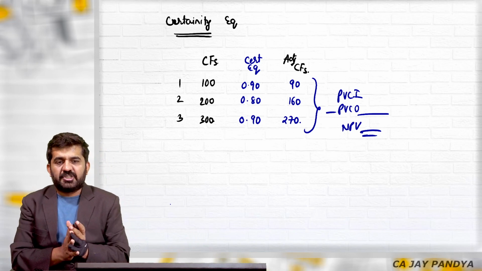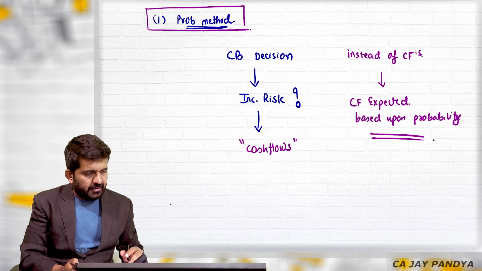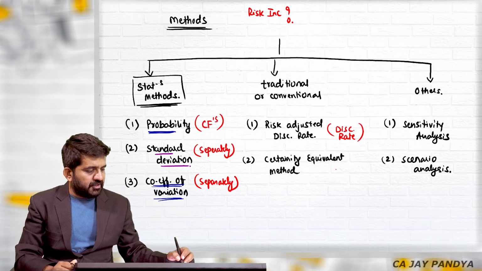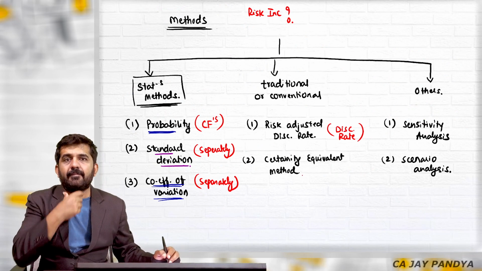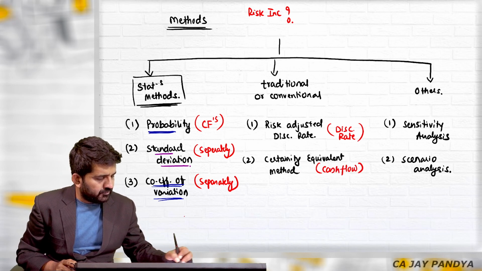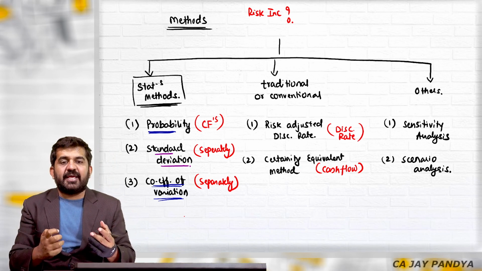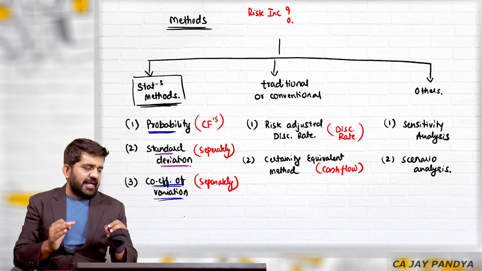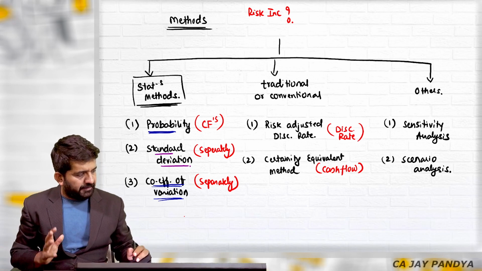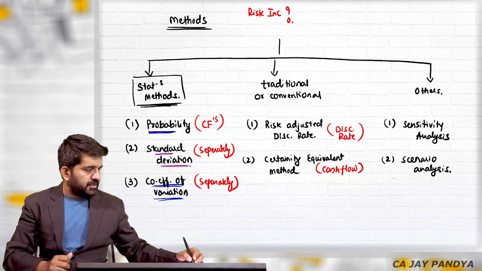I am taking a capital budgeting decision by incorporating risk in. Tell me Vinny, where am I incorporating risk in the certainty equivalent method? You are adjusting it in cash flow. Risk in capital budgeting decisions taken by the NPV method is adjusted in cash flow, and then we find out the answer of capital budgeting. Let us go to other methods.